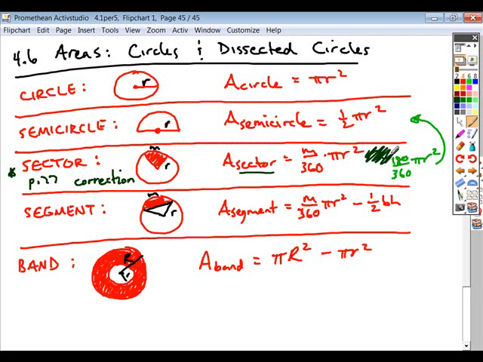And does everybody see where that is? Okay. Here, look at the